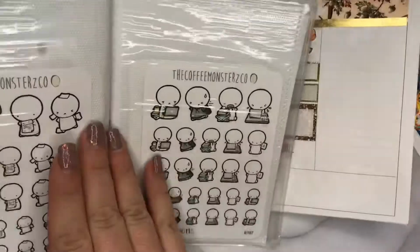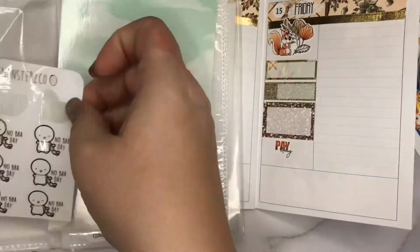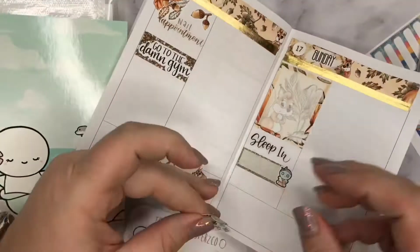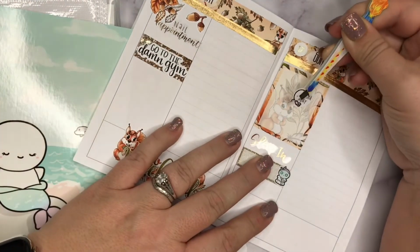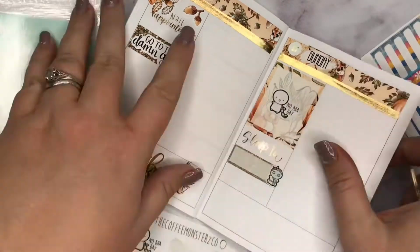I wanted to use a My Little Puffy sticker that I received as part of an order from Mochi Kichi, where they did a kit with them. But it was so big, I just couldn't figure out what to do with it. And here I'm just going ahead and putting in